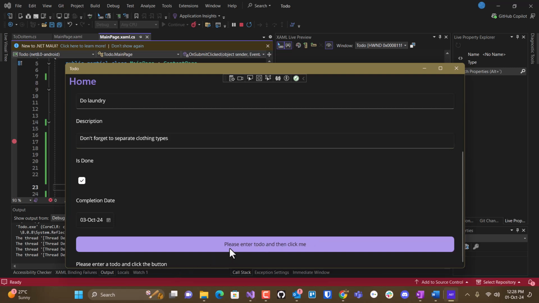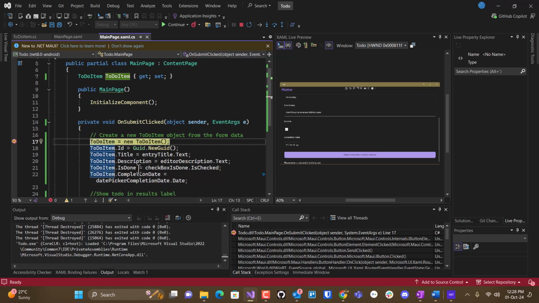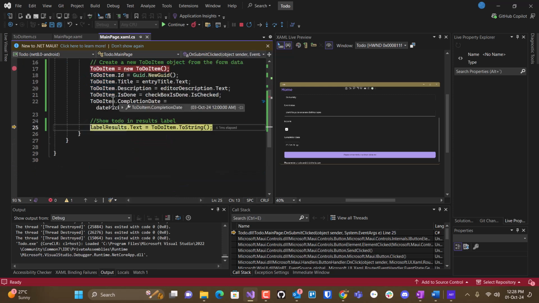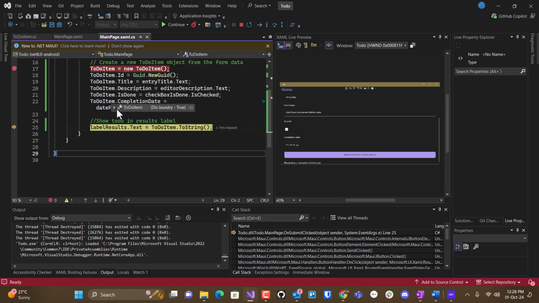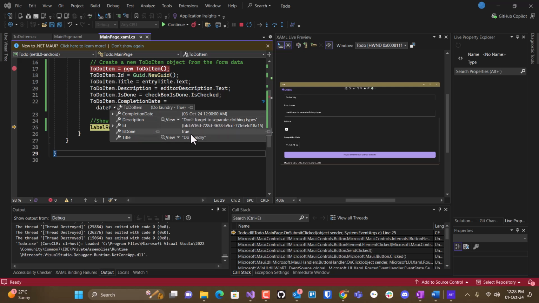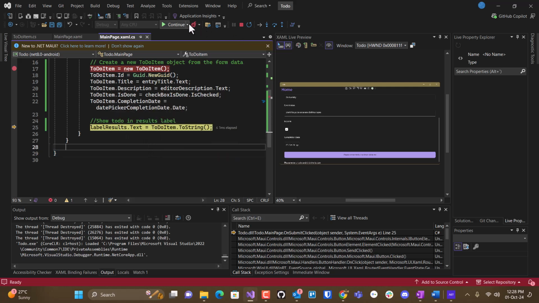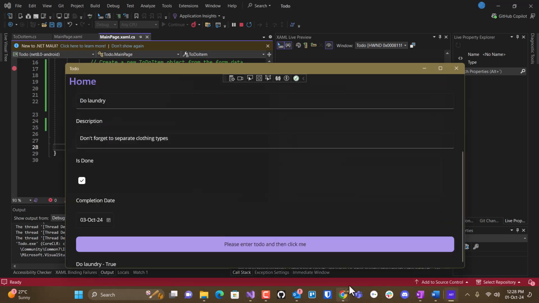There's our label. We click that. It makes our to-do item. There we go. And then I'm just going to hit continue. And it says do laundry, and yes, it was done. If I click that,